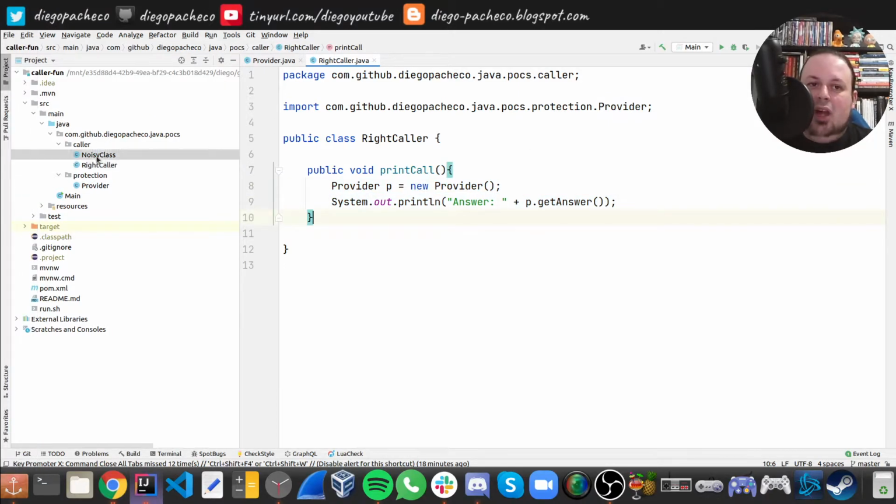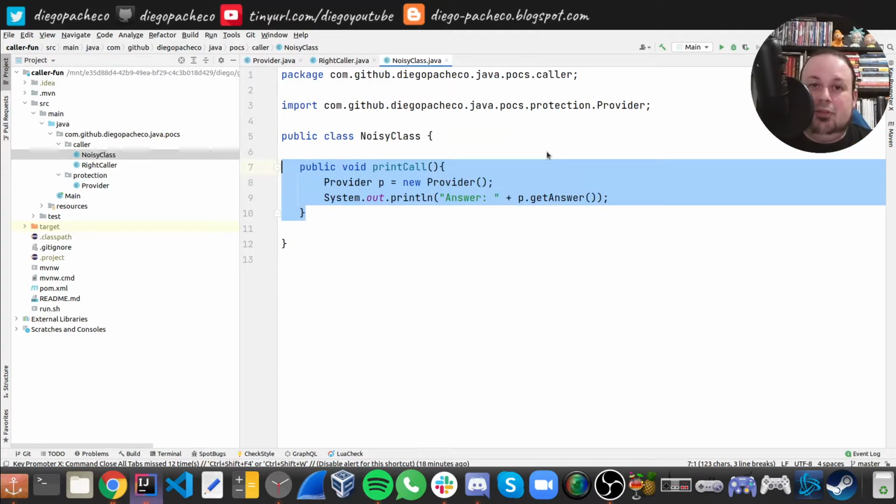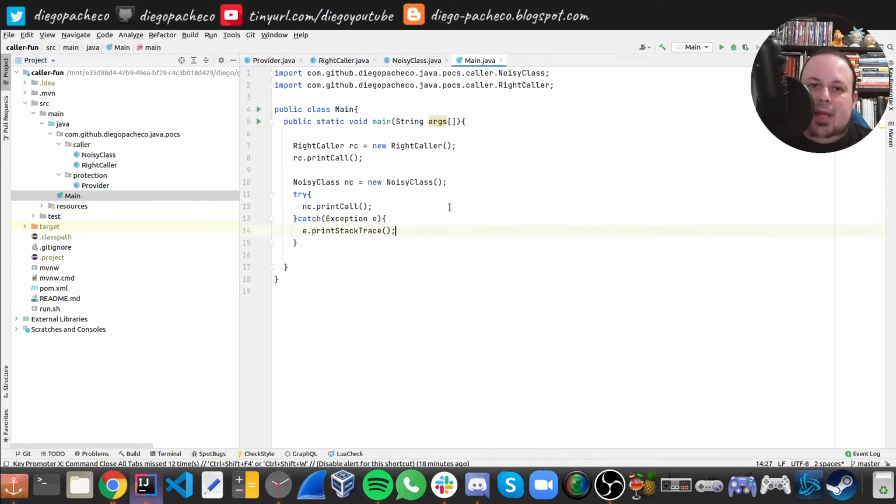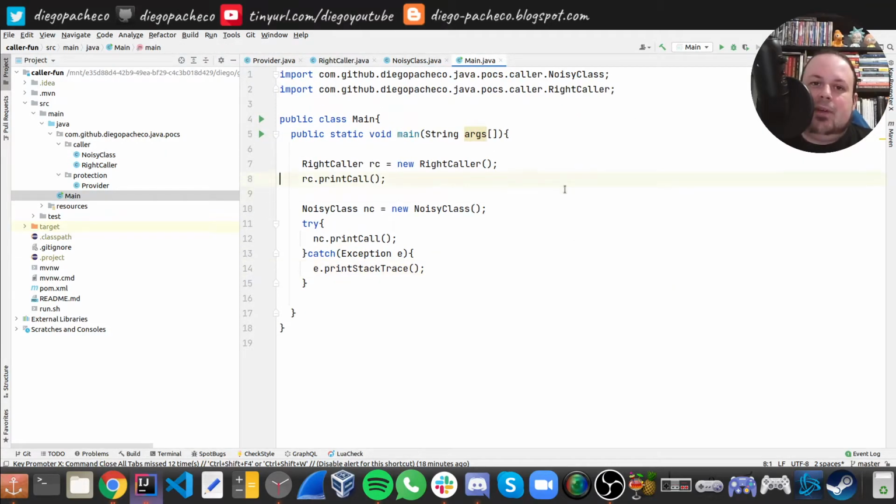And we have the noisy class, which is exactly the same code, but this one should not be doing that. Then on the main app, I just have an instance of the right caller, try to print and call, and then the noisy one, try to print and call. But here I have a try-catch because we expect an exception. And if I run this,